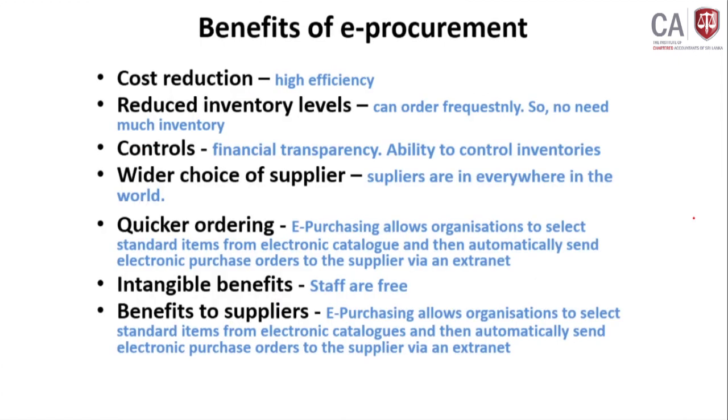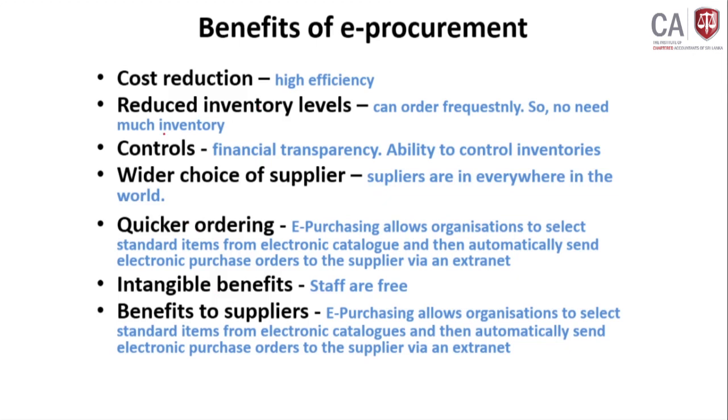Okay, benefits of e-procurement. What are the benefits? Earlier you were doing this procurement using manual systems, but now you are doing it electronically. It reduces the cost. There is high efficiency. You needed to print the document and give it to the supplier to supply the bid for the product. Now it is electronically available. You don't need to post it to people, you can do it online. And so many cost factors can be eliminated at this point.